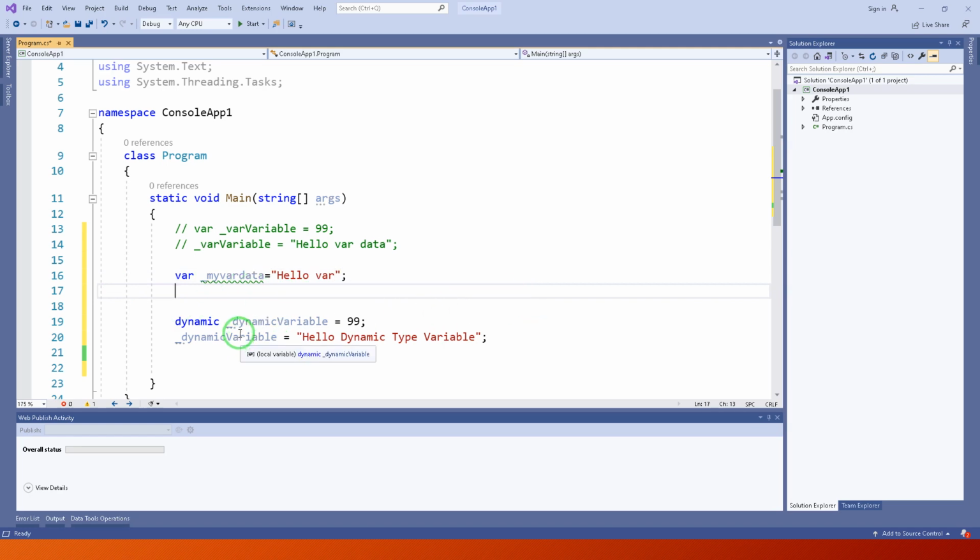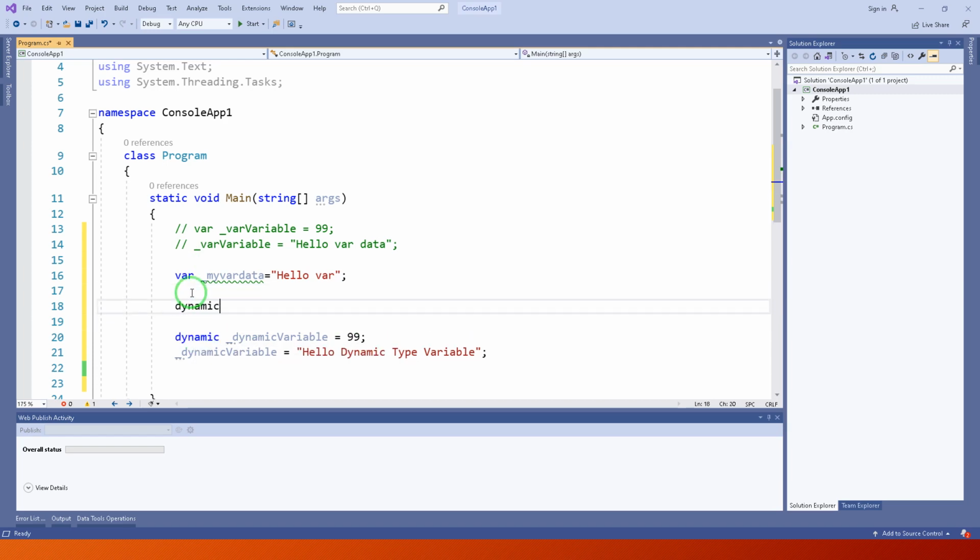But in dynamic type, we declare one dynamic variable, dynamic my dynamic variable.